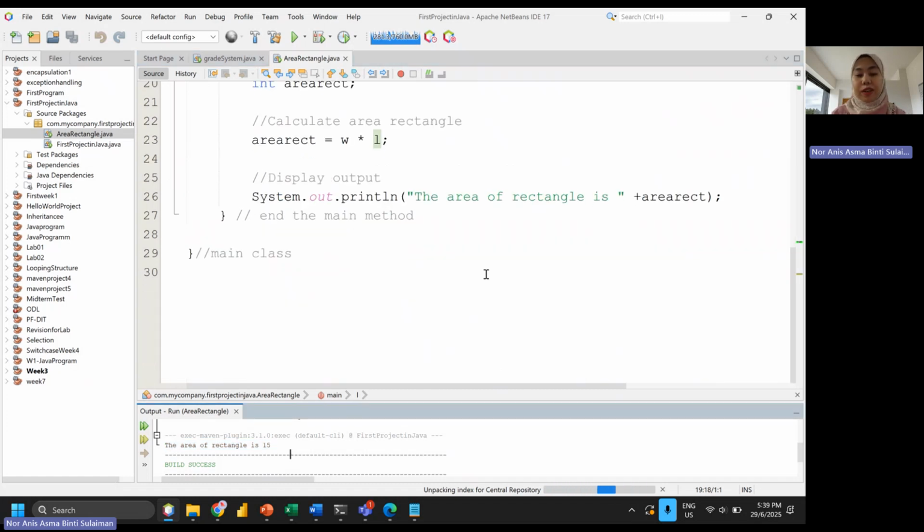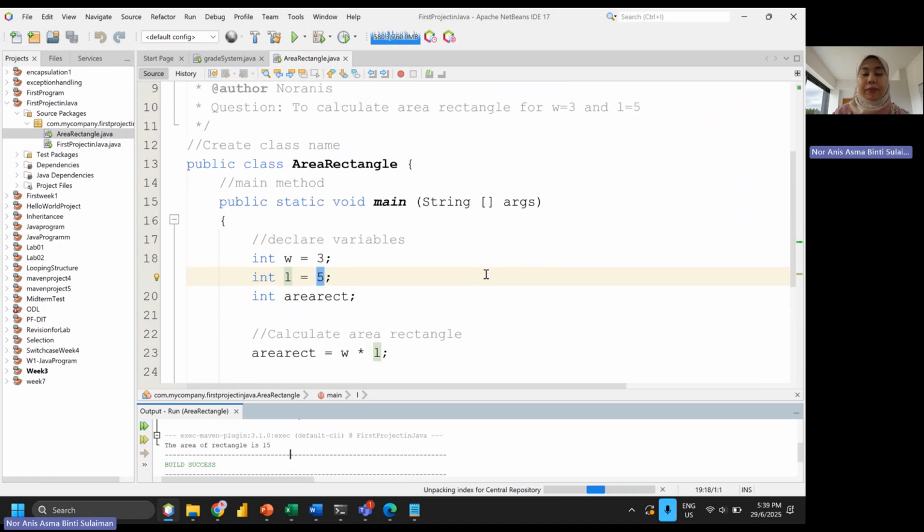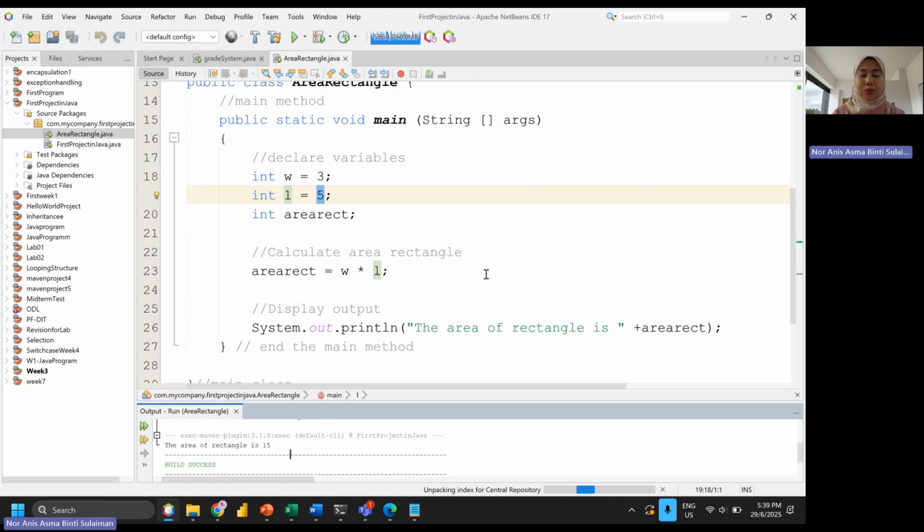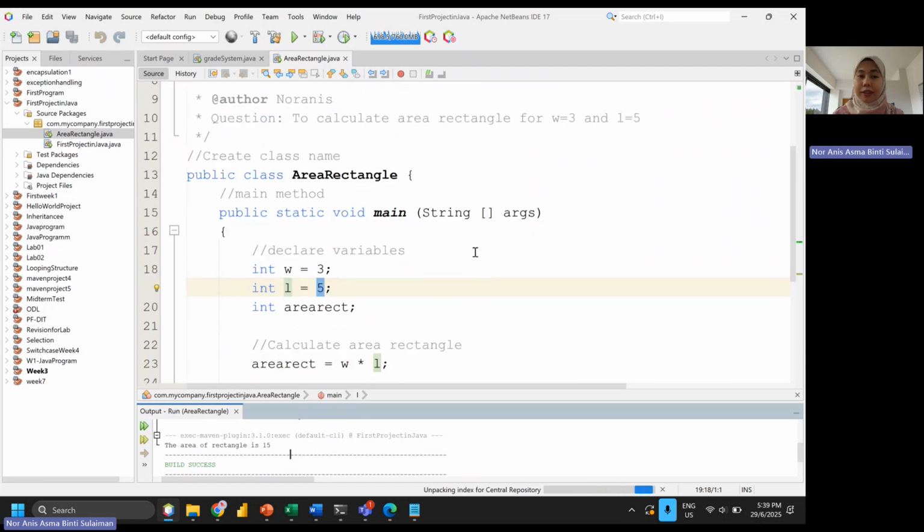Okay, so this is a simple process of how to write a Java program. So I repeat again just to recap. First of all, we need to have a main class. Second one is a main method. Every time you want to start writing code in Java, these are the two important things that you need to write first: class name and main method. It's always the same. It's always default and it must always be written.